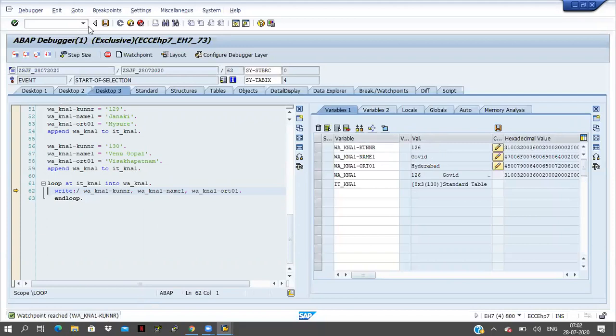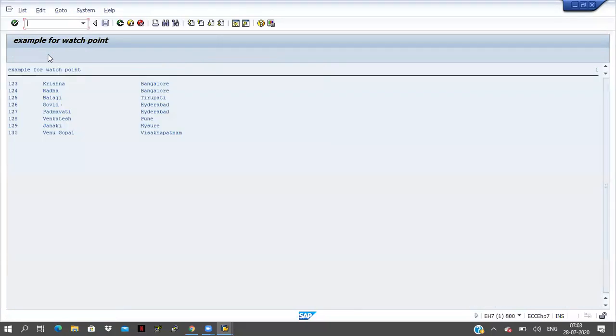If I click on F8, once again the watch point is reached: Workarea KNA1 ORT01 equals Pune here. So it is stopping the cursor here also. The condition applies to the total program, that is why the cursor is stopping in the looping also.